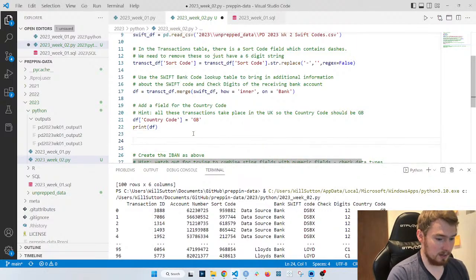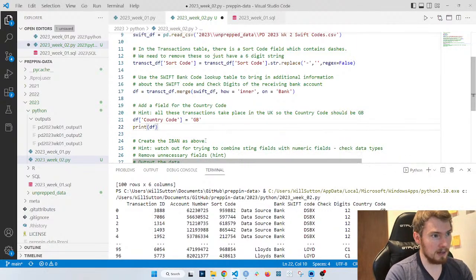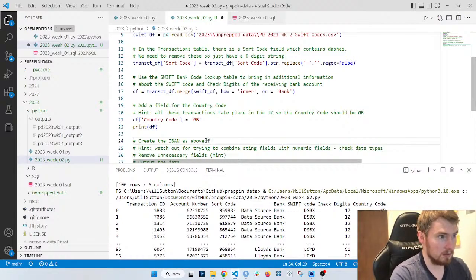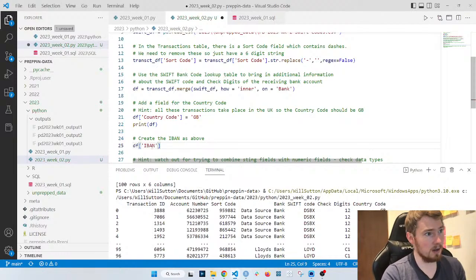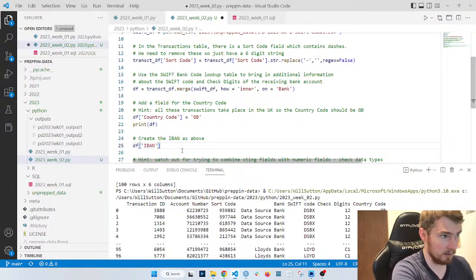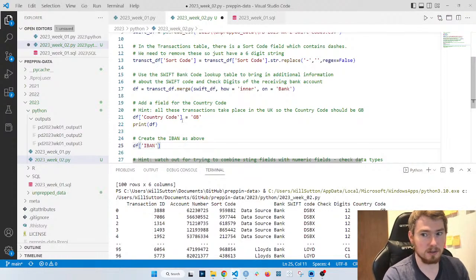So if I make a new column called IBAN, df, call it IBAN. Just as in square brackets, I can just assign a new column like this, like I've done earlier with country code.